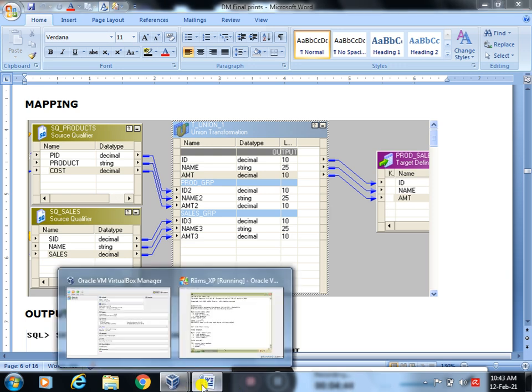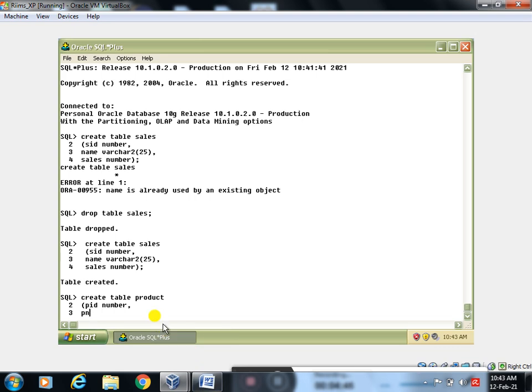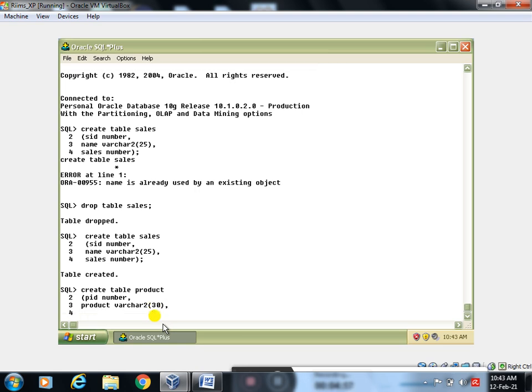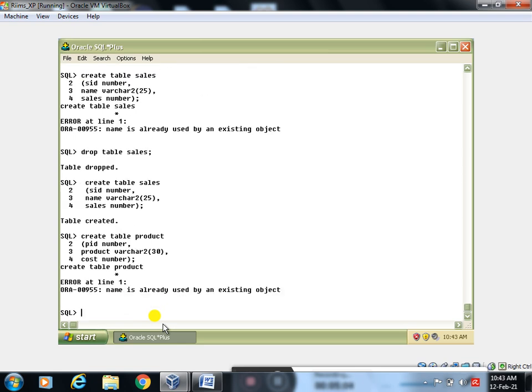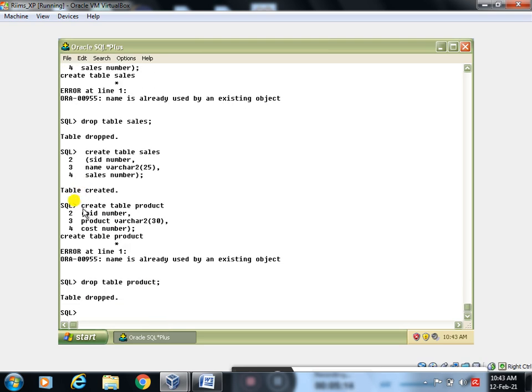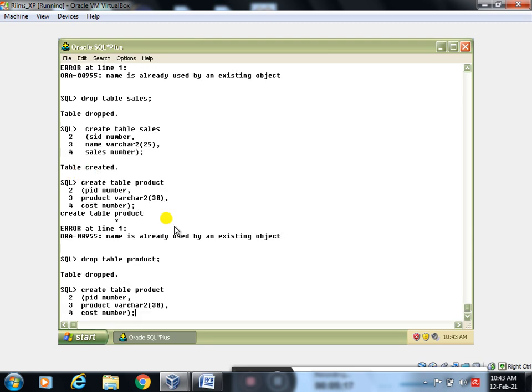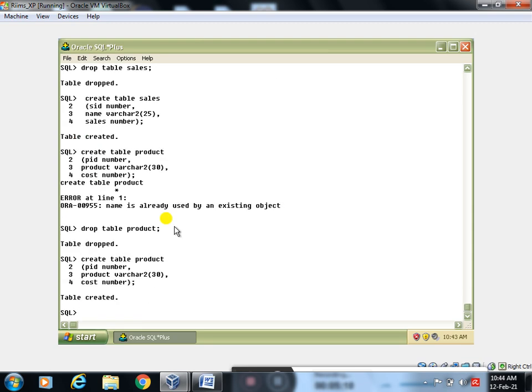Product name, varchar2(30), and cost, number type. Again it says the name is already used by an existing object. First we will drop the old table: drop table product. Now we will recreate this one. So we created these two tables.